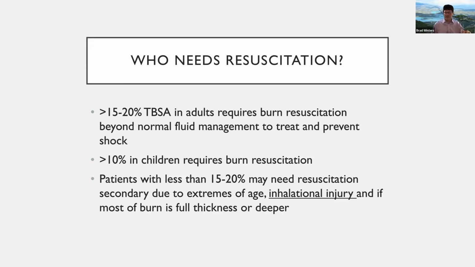So we just resuscitate those people through the normal process of resuscitation based on what we calculate their regular maintenance fluid needs are, and we kind of just follow their urine output, their blood pressure, their general perfusion. There's no specific formula that is used for less than 20% total body surface area. Some institutions put that cutoff at 15. At our institution, we use 20. However, if you are caring for children, greater than 10% requires a burn resuscitation, where you calculate that total body surface area and you apply one of the formulas that you'll see in a few minutes.